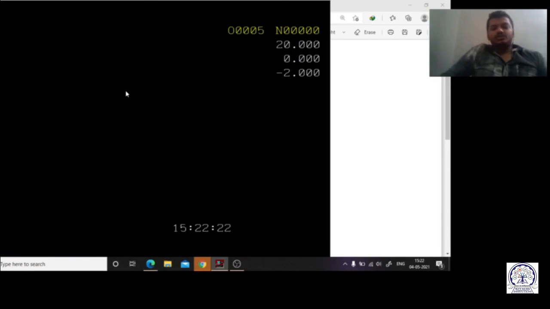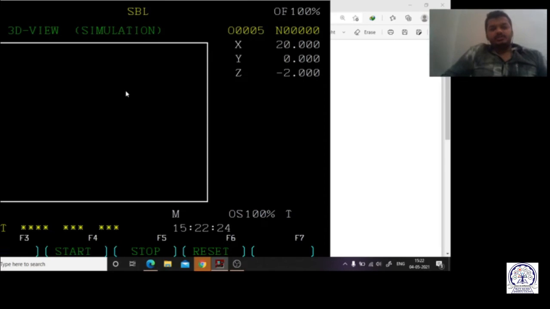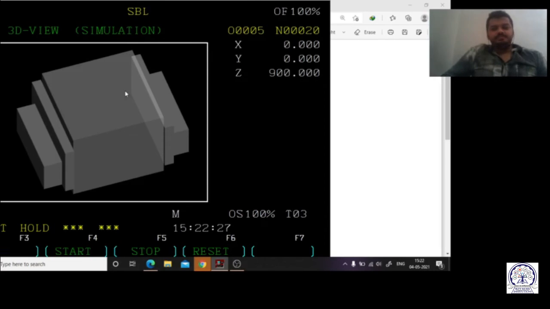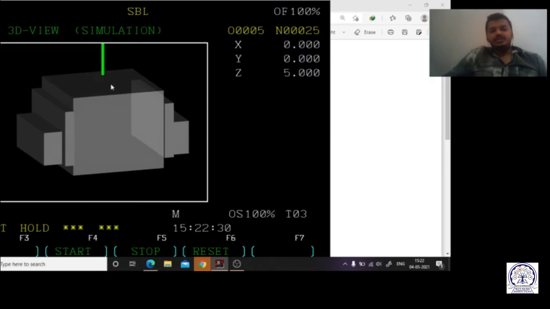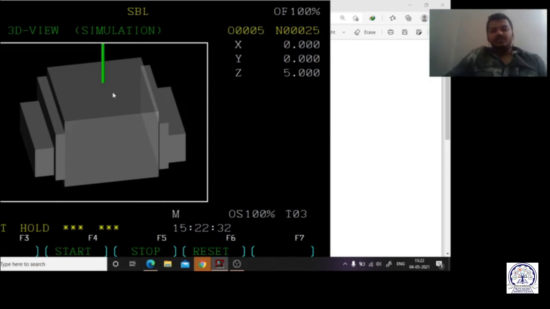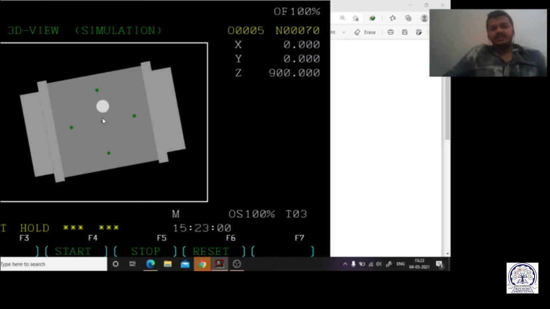So here I am going to show you the 3D simulation. So all of you can see right now. Here I have taken a small size drill bit, because in the software I don't have the center drill. So this is how the operation will take place. As all of you can see, here it is taking a retraction. Okay, and on all the positions it is going to take the drill of 2 mm. And all of you can see here I am having the coordinate. Okay, so a center drill has been finished right now.